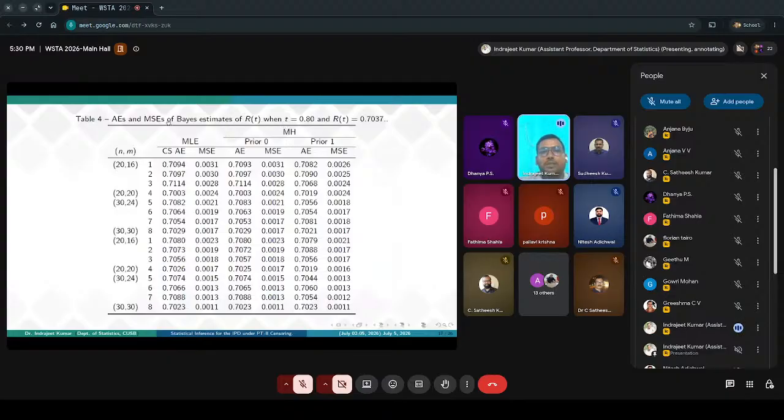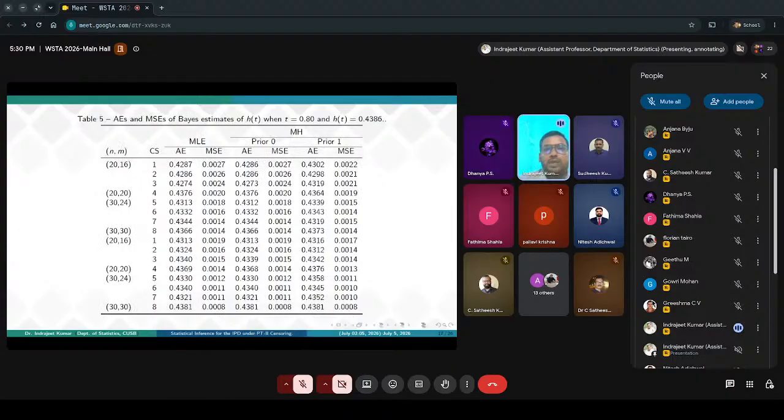We have estimated the reliability by taking t equal to the mission time, 0.8, where the true value is this one and this is the average value. Similarly, we have computed the failure rate function,